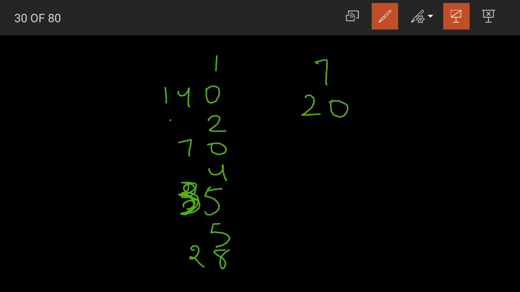8 ones are 8, 9, 10, 11, 12, 13, 14. No, it will not come in 8 table. Will it come in 9 table? 1 plus 4, 5. No, it will not come in 9 table. Then we have 10 14s are 140. Yes. And these are all the factors of what, children? 140.